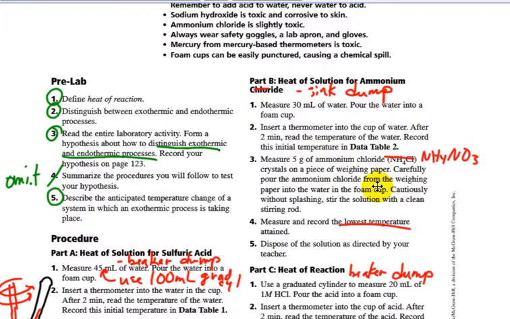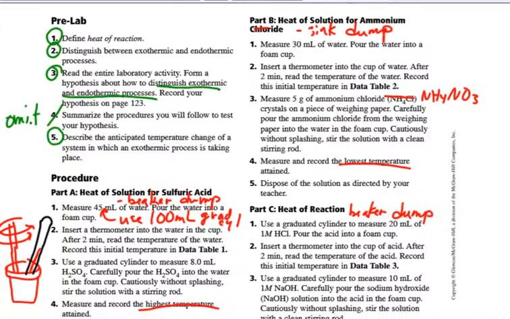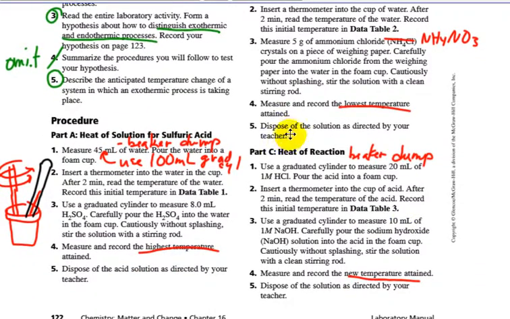Measure approximately 5 grams of ammonium nitrate crystals on a piece of weighing paper. Carefully pour the ammonium nitrate from the weighing paper into the foam cup, and then again stir it and note the temperature. Here we're referring to the lowest temperature reached, basically when the temperature stops changing. And again, that can just be flushed down the sink with plenty of water, and then of course rinse the